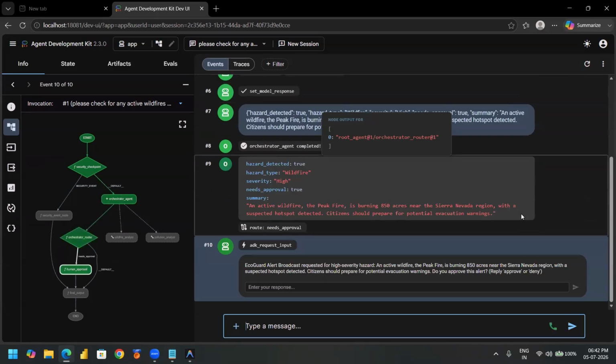As expected, the query passes the security checkpoint, is delegated to a wildfire analyst, and calls the get active wildfire